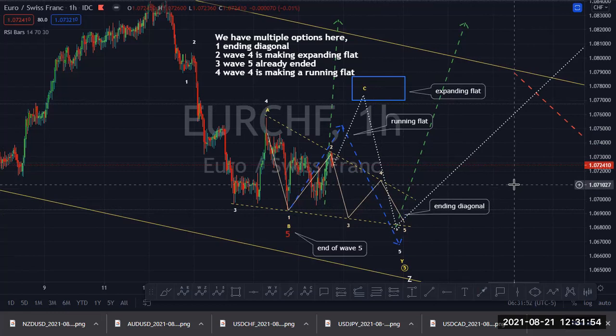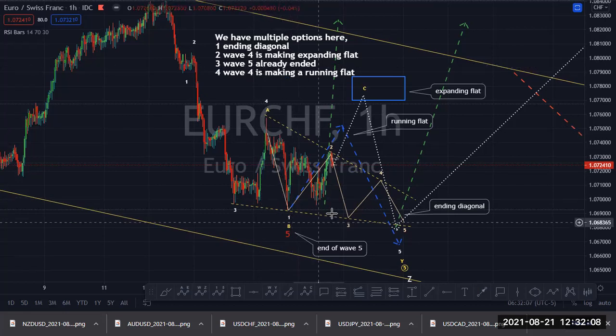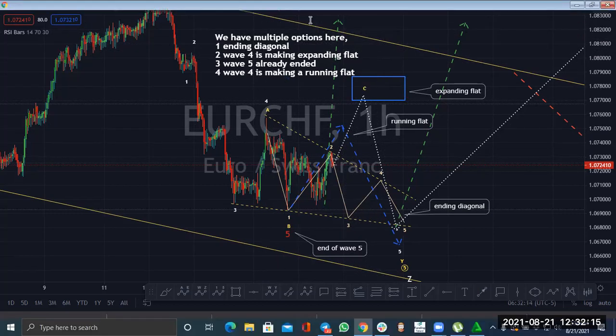These two options I can advise you to trade if you don't have experience. If you have experience, you can trade all of them. Better still, wait for it to come to this level before we buy, unless we have the fourth option, which means we have the third option, which has ended here. Then if you see a sharp move that continues to go up, we look for entry.